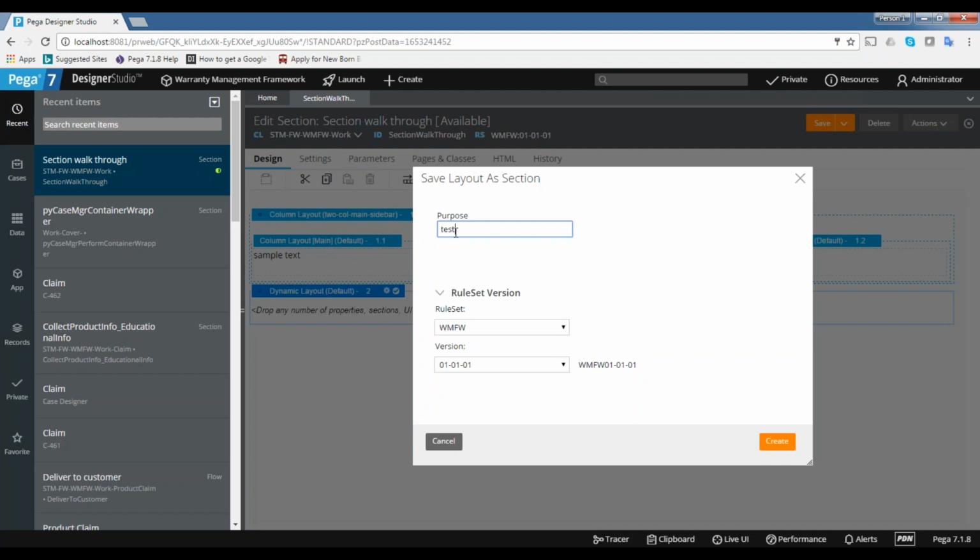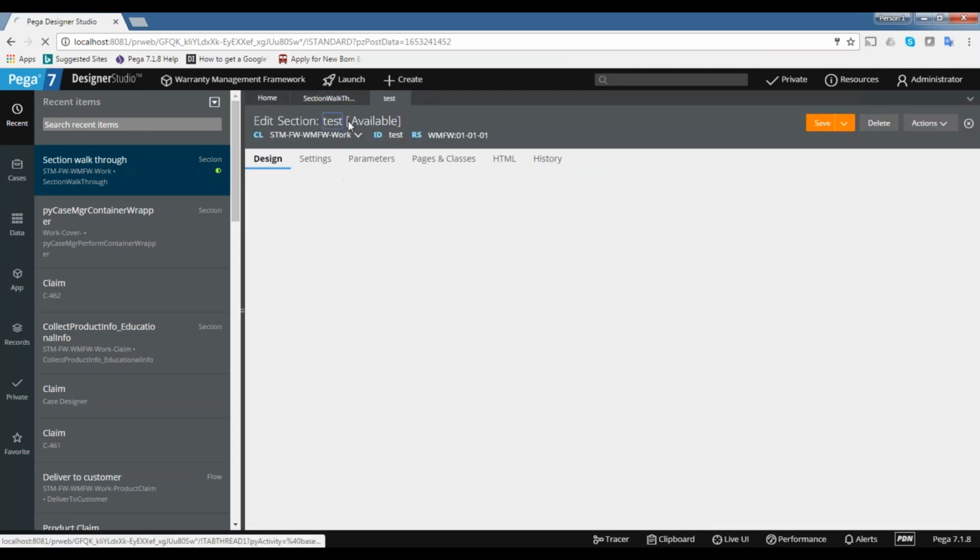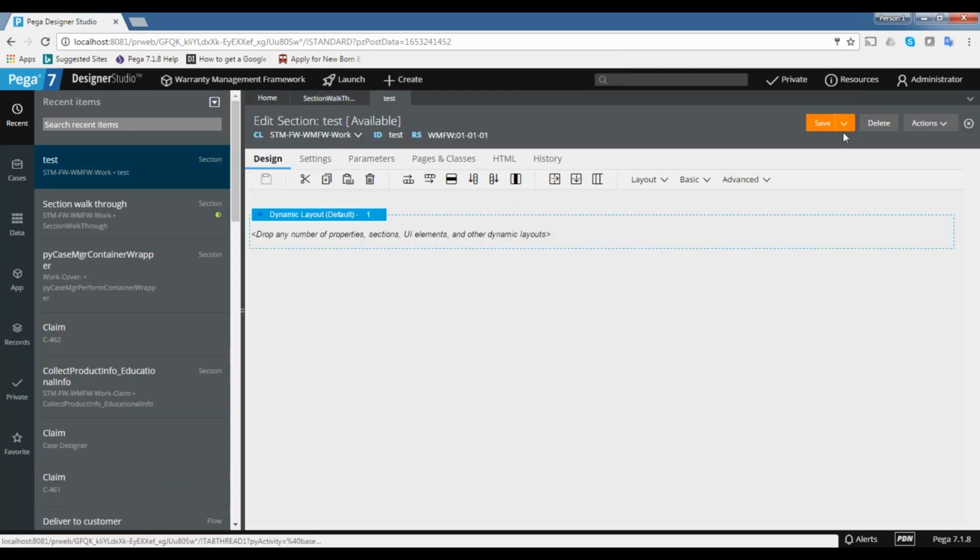Just give the name test and create. So automatically the section will be created. And a separate section rule is created. You can open the section rule like this. Section rule created. Okay.